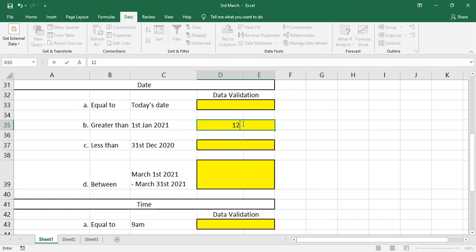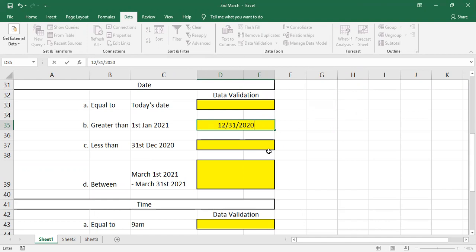If I give here 12/31/2020, will it accept? Anyone? Will it accept this date if I press enter? I have given a validation that it should accept only after 1/1/2021. Now I have given there 12/31/2020.